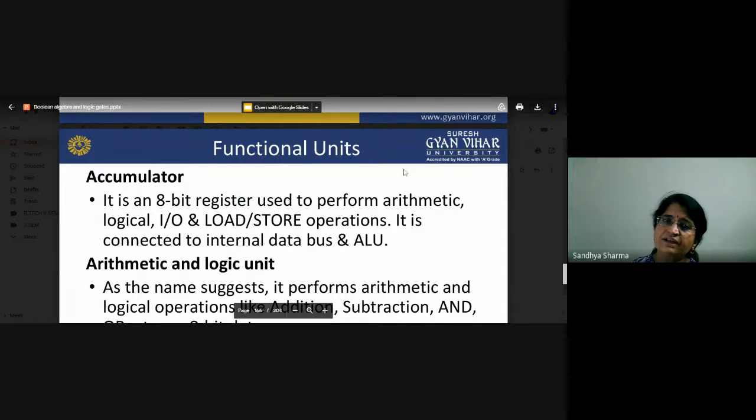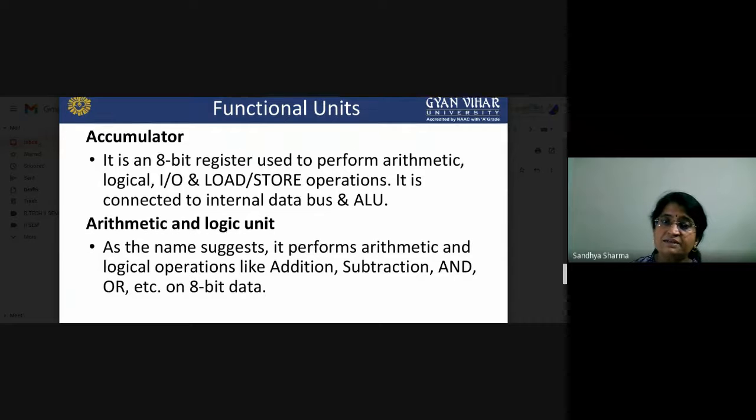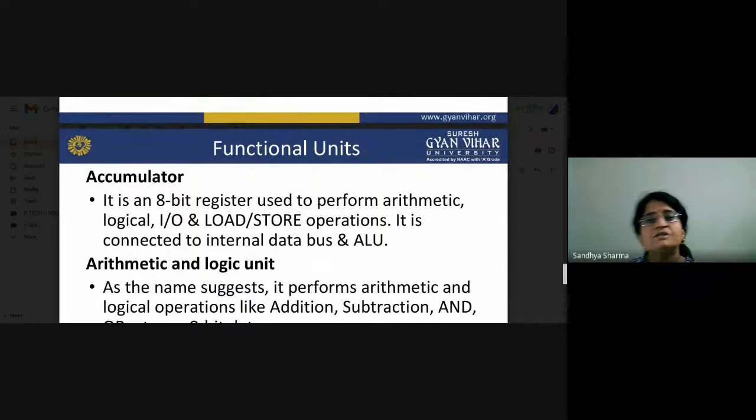As we already know, the arithmetic logic unit, as the name suggests, performs different types of arithmetic and logical operations. Arithmetic operations are addition and subtraction. Logical operations are AND and OR operations on 8-bit data. All these operations will be performed on 8-bit data.